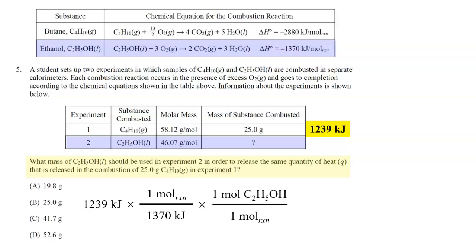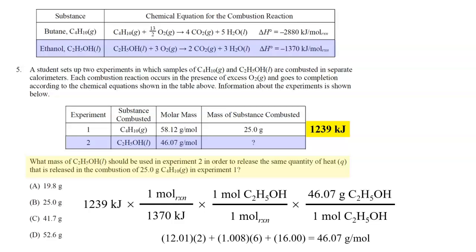reaction. And then finally, using the information from the periodic table to get the molar mass, there's 46.07 grams of ethanol for every 1 mole of ethanol. So we can pick up our calculator, and then the answer will be in units of grams of ethanol. So